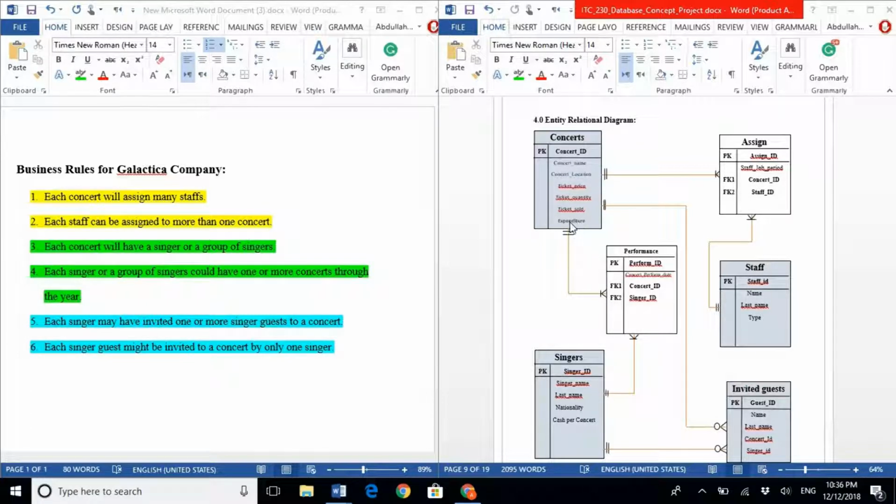So as you see here, there is a one-to-many relationship between concert and performance, and a one-to-many relationship between singers and performance. And the performance table includes the concert ID, which references the concert table, and the singer ID, which references the singer table. And the last part of the business rule is each singer may have invited one or more singer